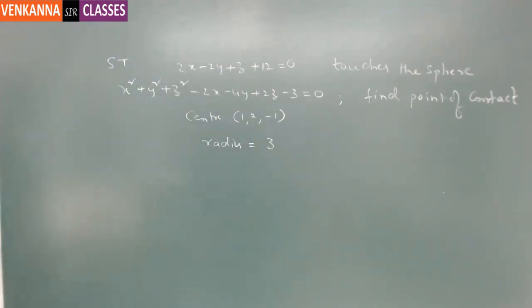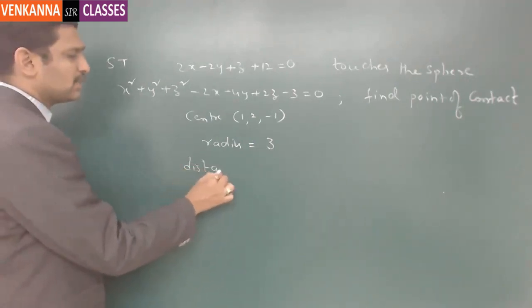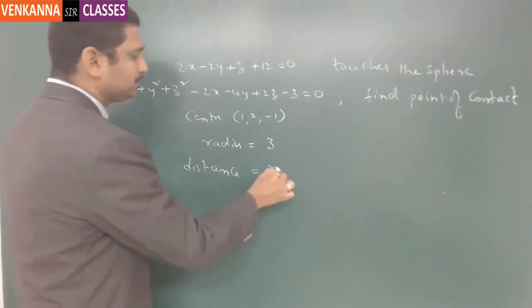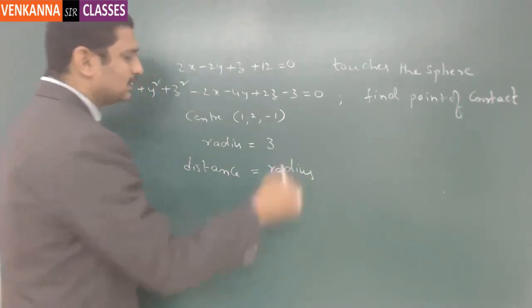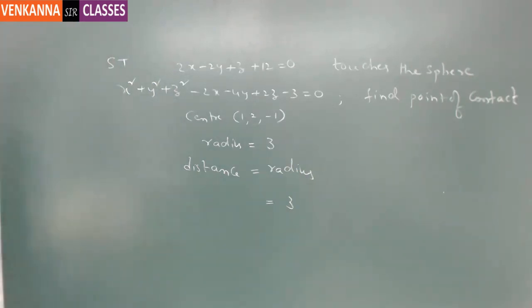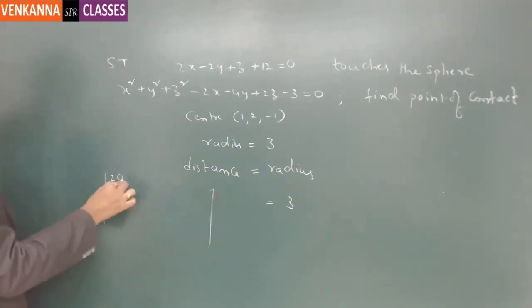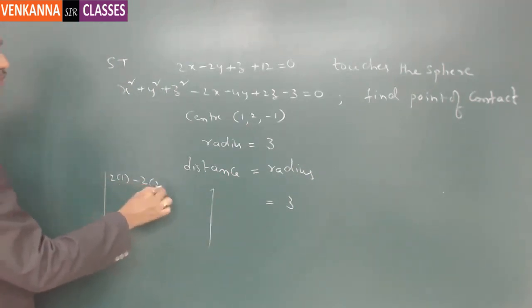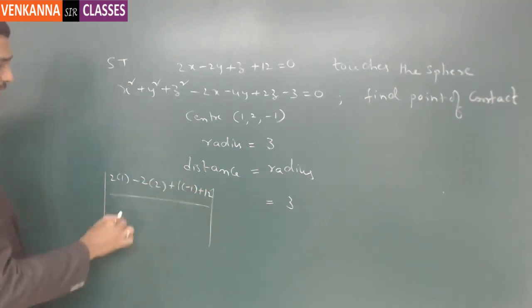So if you say that the plane touches the sphere, obviously the checking condition is that distance must be equal to radius. So you are calculating the distance from the center of the sphere to the plane. If you calculate that, the values are 2 into 1 minus 2 into 2 plus 1 into minus 1 plus 12 by square root of